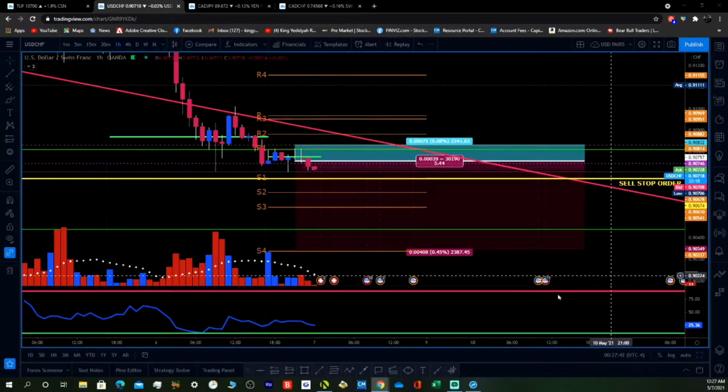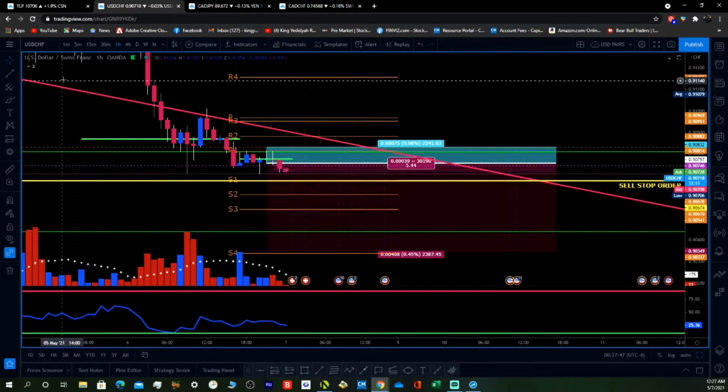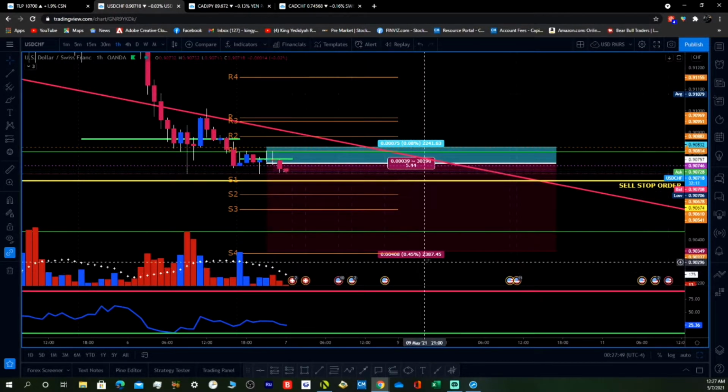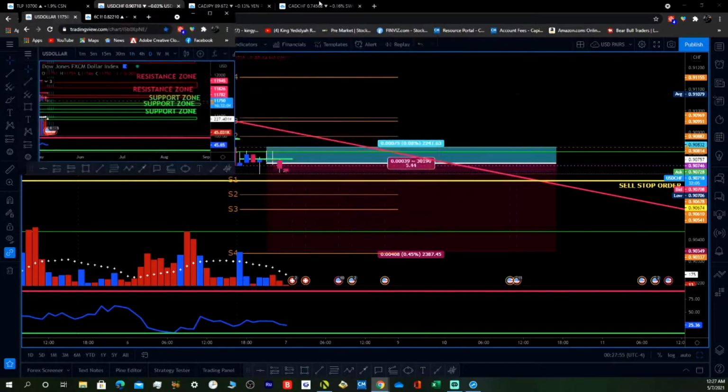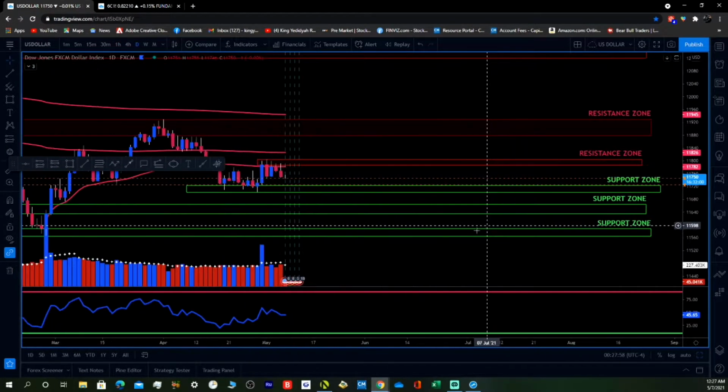So now let's go to this trade. Right now I'm in this trade on USD Swiss, because we're looking at the weakness of the dollar. The dollar was pushing down like I showed you right here. You know, we push it down on the dollar. Let me make that bigger,